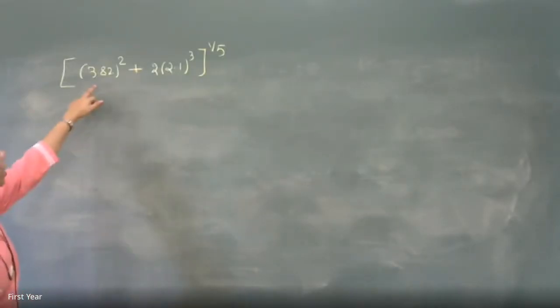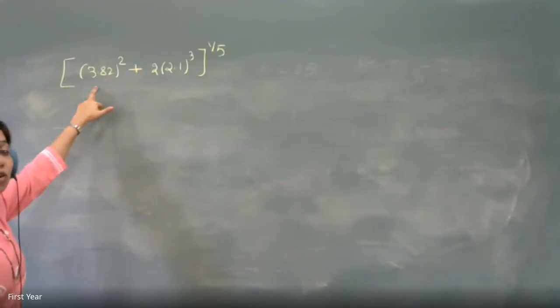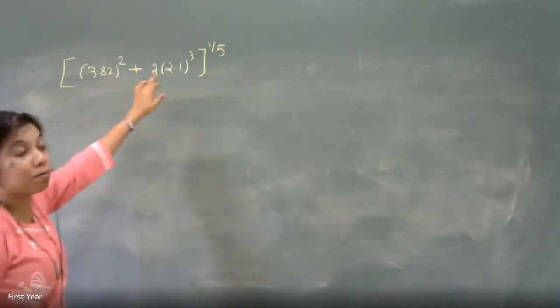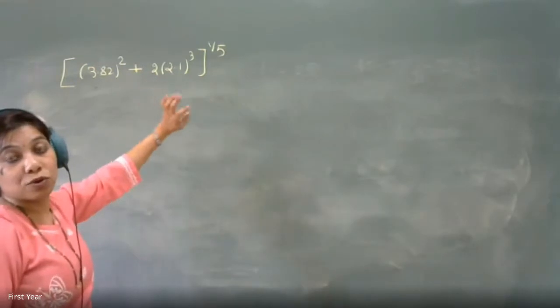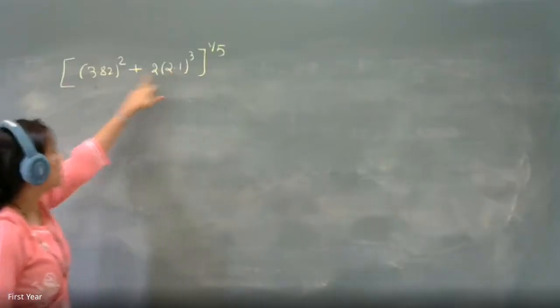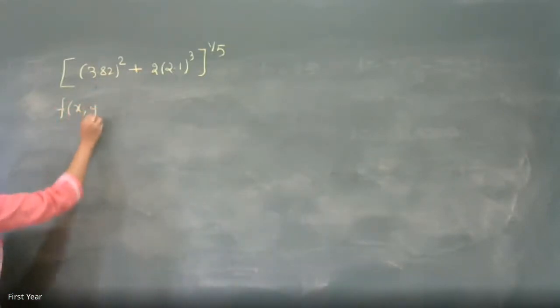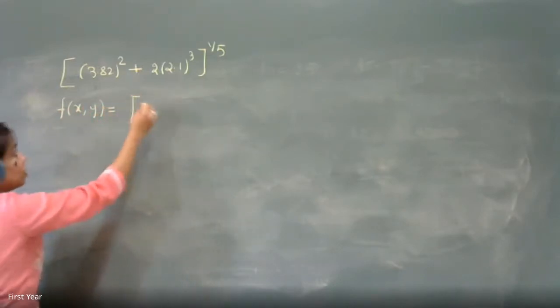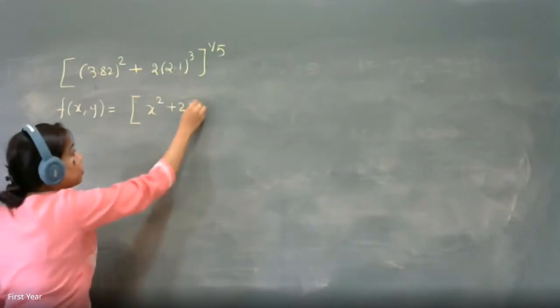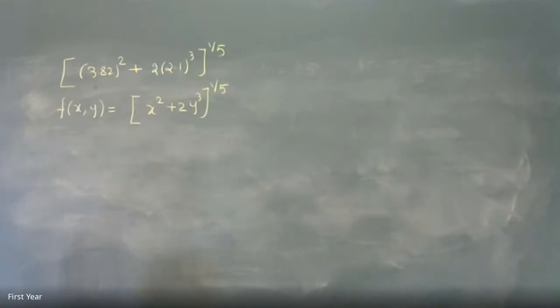4 minus. Correct. So from the value we want and the value we are taking, we will get the change, that is, the change in the first variable and the change in the second variable. Now both of these are numbers. So are we going to take both of them to be a single variable? Are both equal? No. X and Y. Yes, this is close to 2 and this is close to 4. So I have to take two variables. So that's why first I will define the function f of x comma y, which will be the generalized function. What will it be? (x² + 2y³) the whole raised to 1/5. Isn't it?